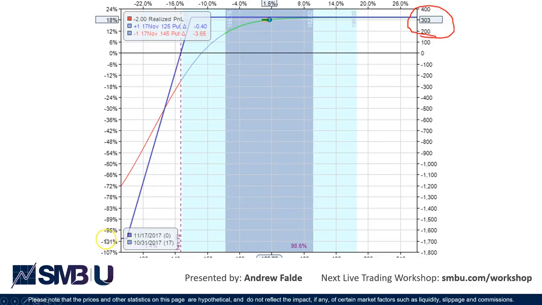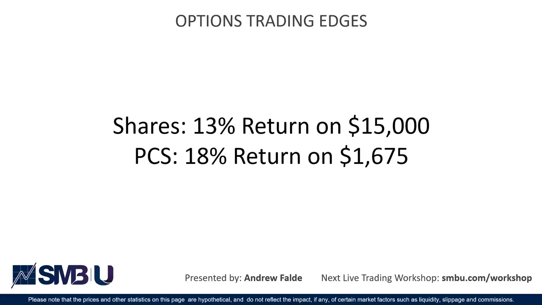So $1,675 is that capped off point down here where your obligation ends, your right to sell versus your obligation to buy wash each other out, and you are essentially flat from here down. So at that point, you're capped off at $1,675 risk. So your $303 return on far less risk is a much higher percent return on risk, even though the $1,900,